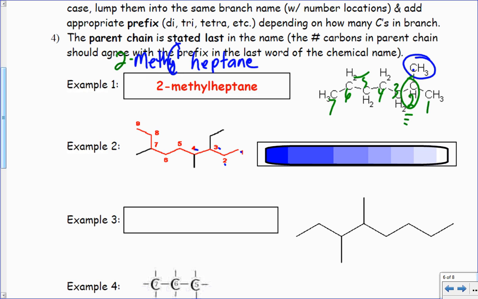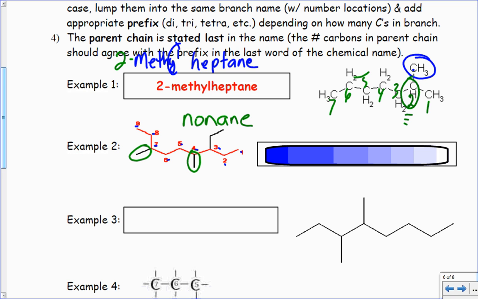1, 2, 3, 4, 5, 6, 7, 8, 9. 9 has got to be something like nano. 9 is nan. I may look this one up because I'm not getting this one wrong. Yeah, 9 is non. I was really close. So 9 carbons is a non. And they are all single bonded, so it's nonane. See how we do that? But I have a side chain at 3,